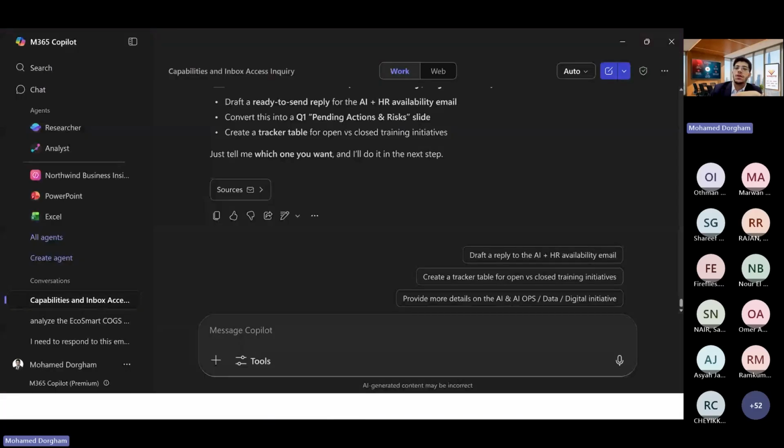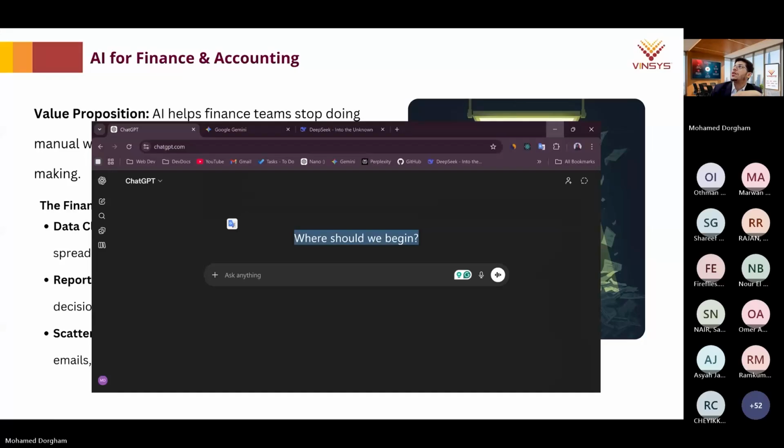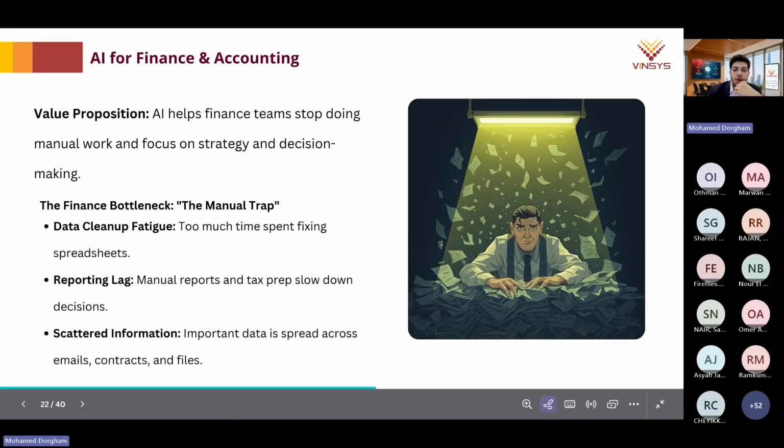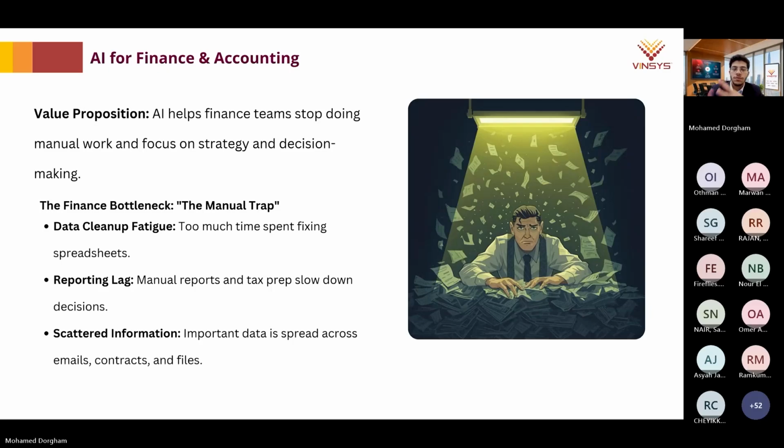So I will just lower this. Who is here attending with us from the finance department? No one from the finance department? Okay, who is here working with Excel sheets? Working a lot with Excel sheets?